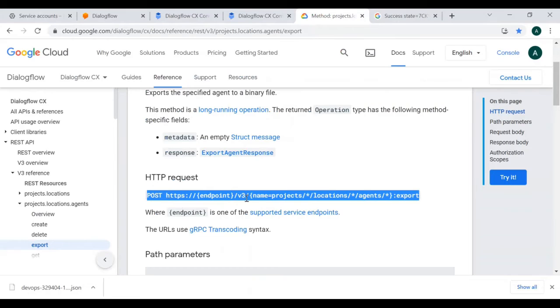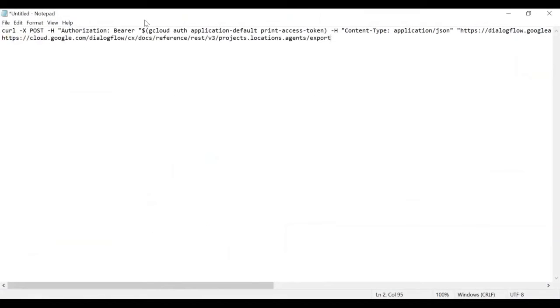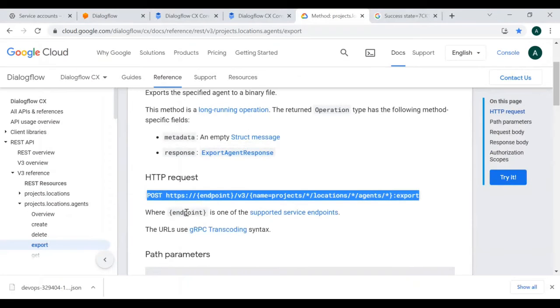So this is the command which I was talking about. I have already prepared it, and now I am going to show you all the sections that we are going to use to export this Dialogflow CX agent. Basically, we are doing a POST request here and the endpoint.